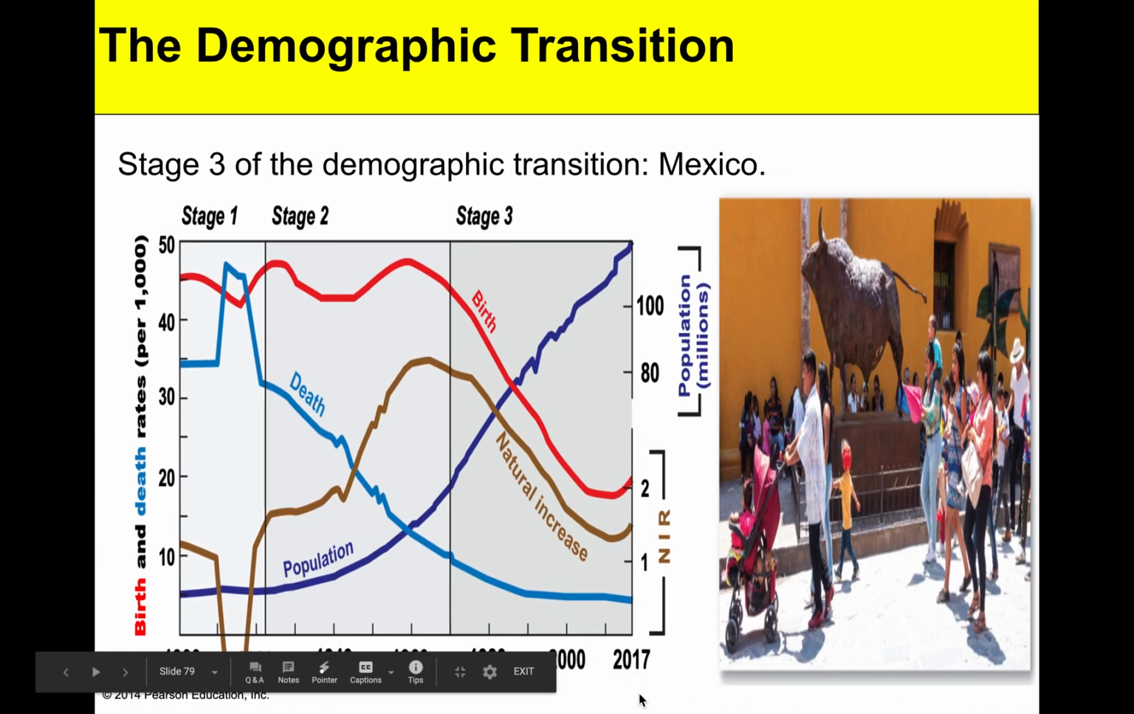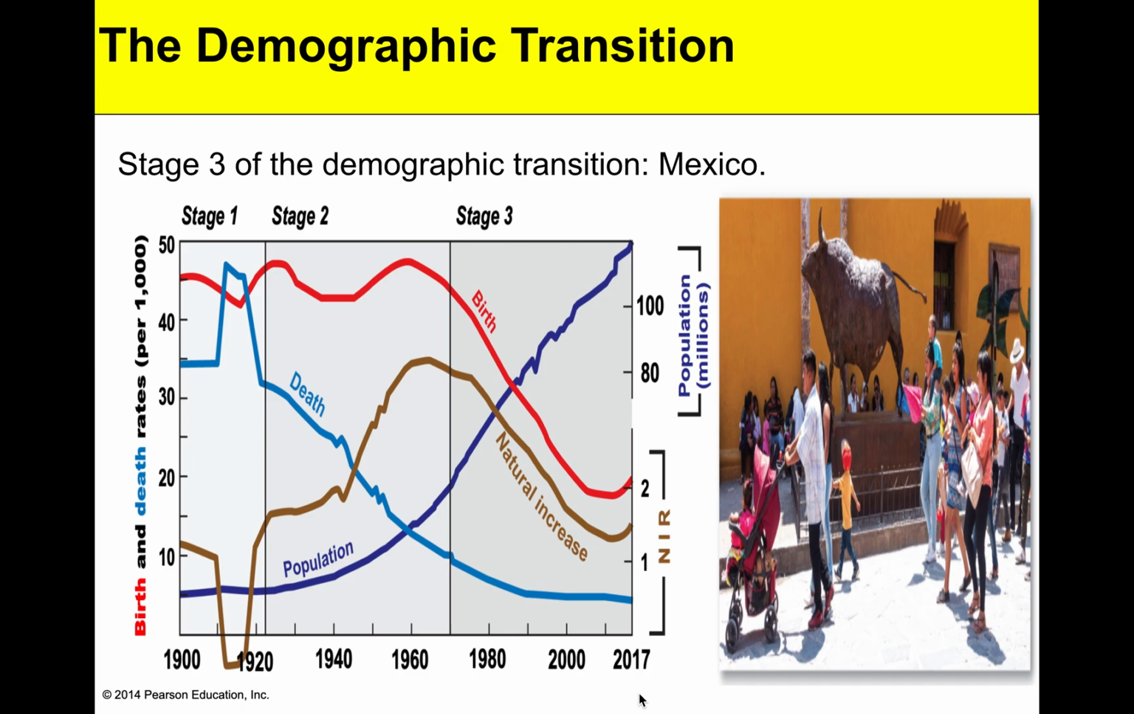We can look at Mexico today. They would be a stage 3 country. How do we know they're stage 3? We can look at their population measurements, CBR, CDR, and natural increase rate. We see a sharp decline in birth rate, and we see the death rate going down as well. So with both those going down, when you take the CBR minus the CDR, you see a lower natural increase